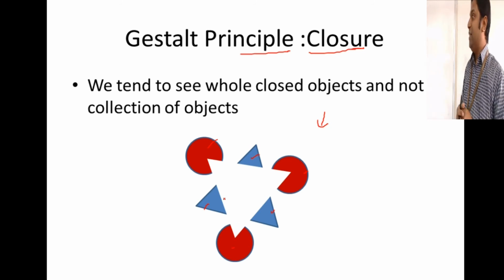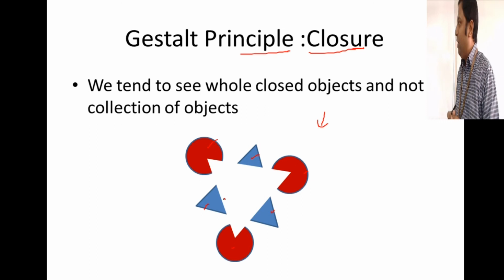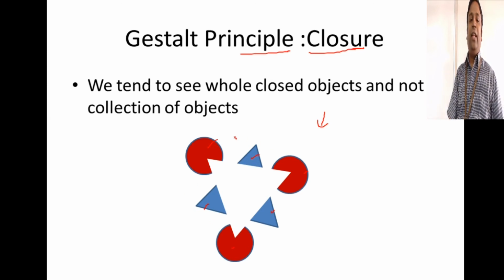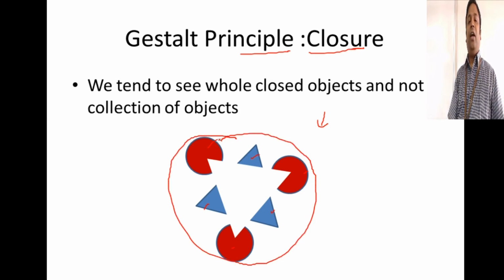Why we have to understand this is, when you're designing logos, icons, or your own images and you put things together, you may want to say something else, but the meaning may turn out to be something else. So closure, in human perception, means I will see things together. I will see this entire thing together and not as three independent objects. This is what the Gestalt principle of closure tells you.